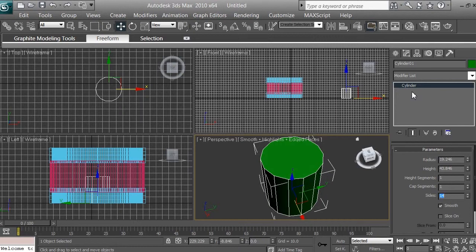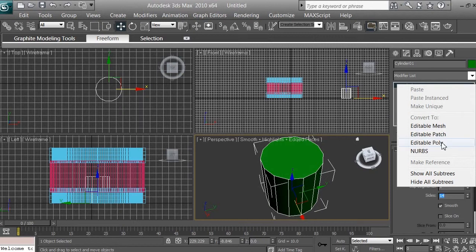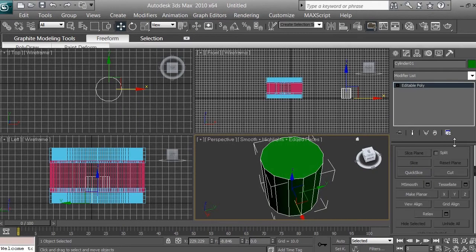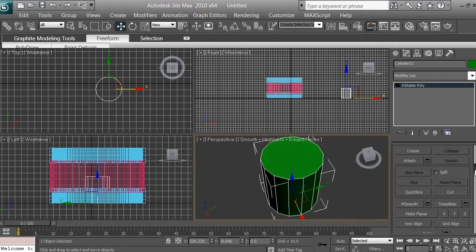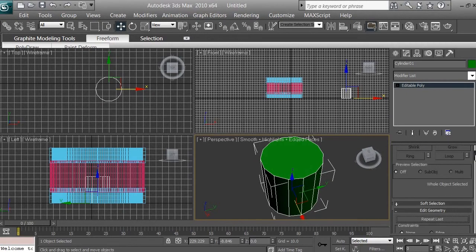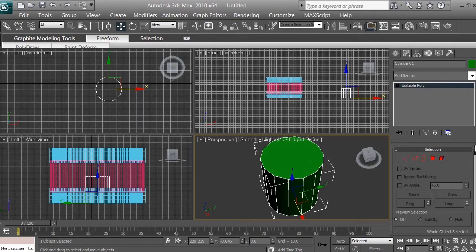So the next thing I want to do is click on the cylinder, right click with my mouse button and select Editable Poly. Now it's an editable poly, so we can modify its shape, as we already learned by watching this tutorial. We're going to scroll up these options to the top. And the next thing we want to do is select the polygons. So we are going to click on a polygon